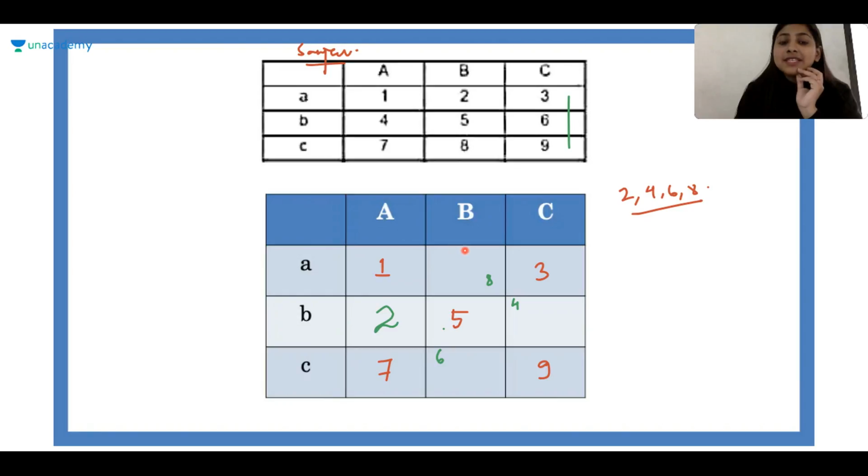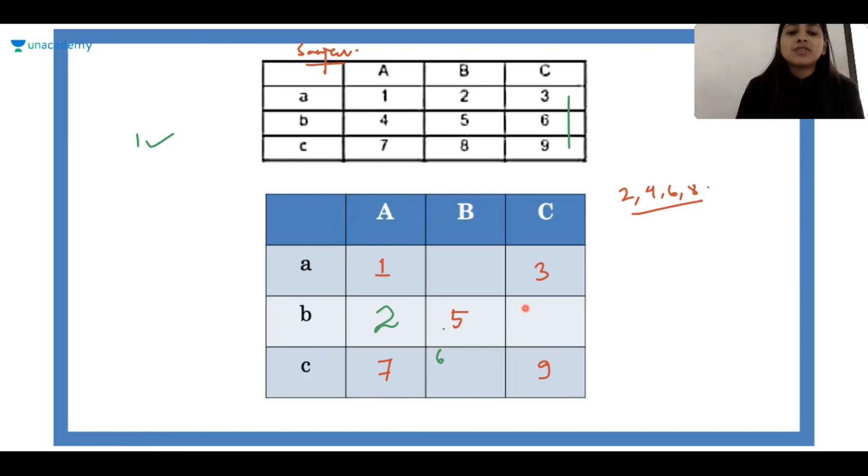Is there a problem with this case? No, I don't see it. 1, 2, 7, 6, 5, 8, 3, 4, 9, 1, 8, 3, 2, 5, 4, and 7, 6, 9. All of these can be in the same rows. So we have got finally one correct case. We'll now exchange these two numbers and make it 4 and 8. What about now? 2, 5, 8. No, we cannot take this case.